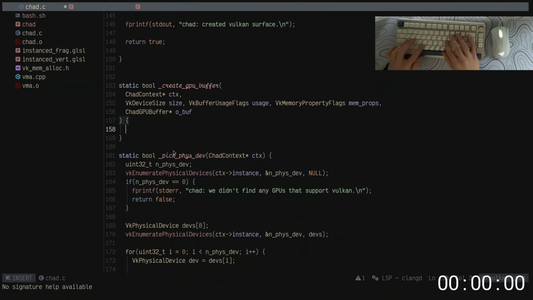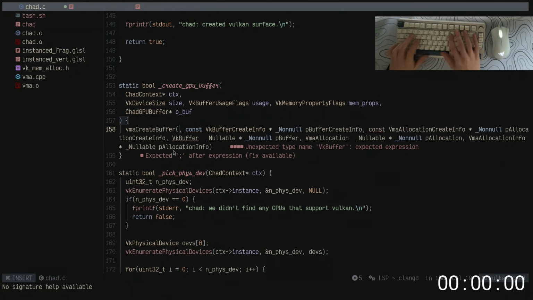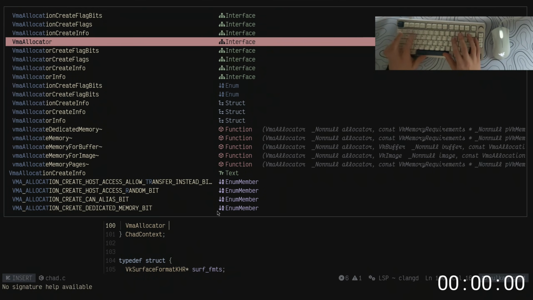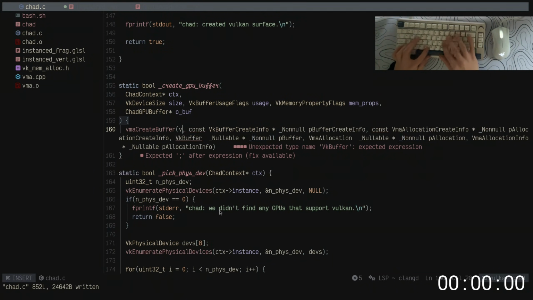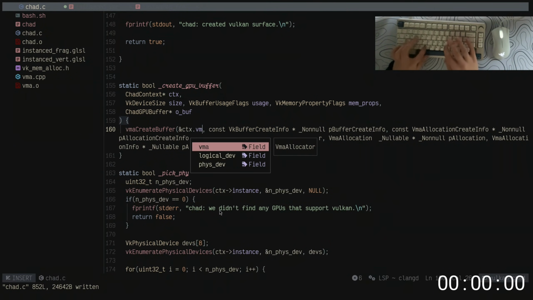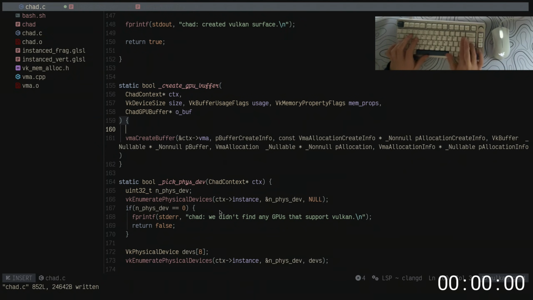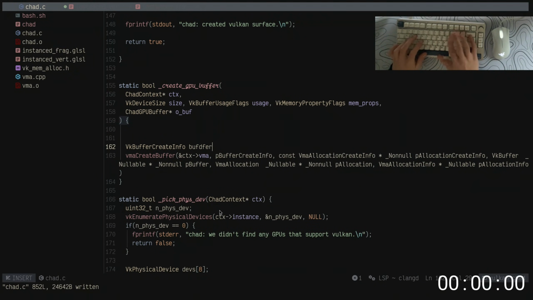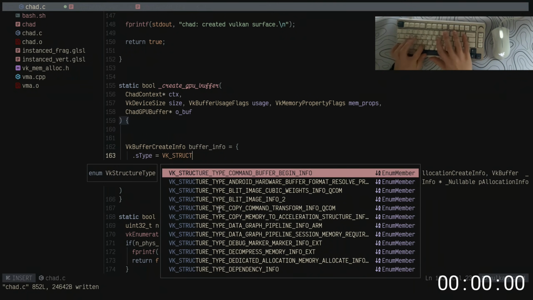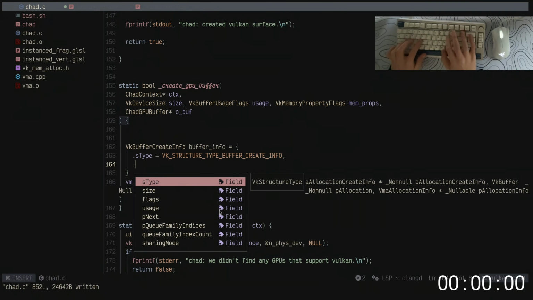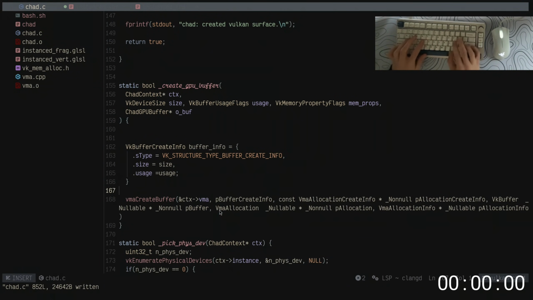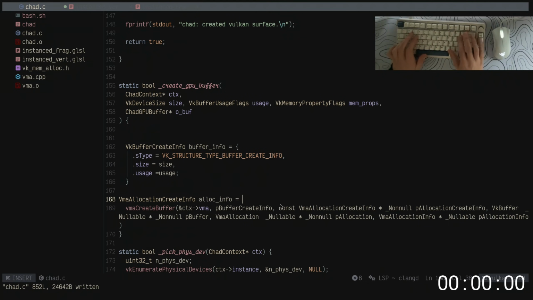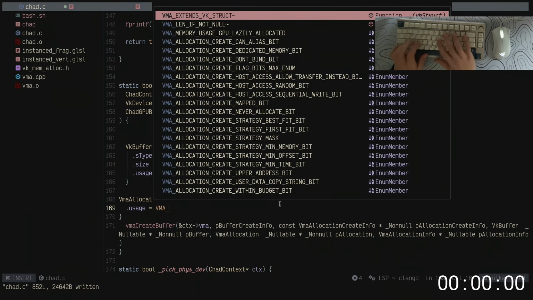And then what we want is to do vmaCreateBuffer, and we need a VmaAllocator. So let's have VMA, the context of VMA, I mean. Then the buffer create info is going to be a bufferInfo. So VkBufferCreateInfo bufferInfo is equal to .sType is VK_STRUCTURE_TYPE_BUFFER_CREATE_INFO. Size is equal to size, usage is usage, and then we need a, what is it? Yeah, allocation create info. allocInfo is equal to usage is VMA_MEMORY_USAGE_AUTO